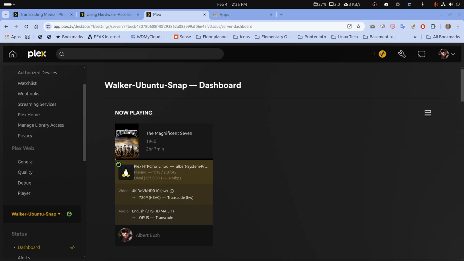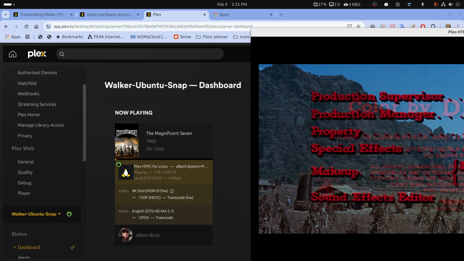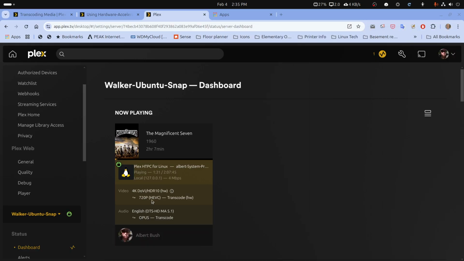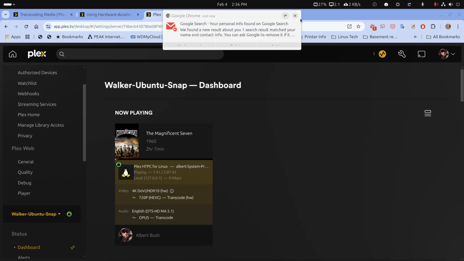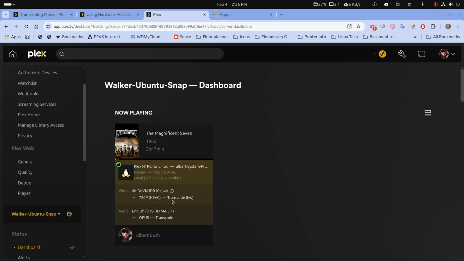The Tiger Lake Iris Xe iGPU is a fast little iGPU. But we are transcoding, and it looks good. It's the very beginning, so I can show it to you. And we're transcoding to HEVC. Before that new feature came out, this would be an H.264 transcode. So basically, we don't really have to worry about tone mapping going on, because